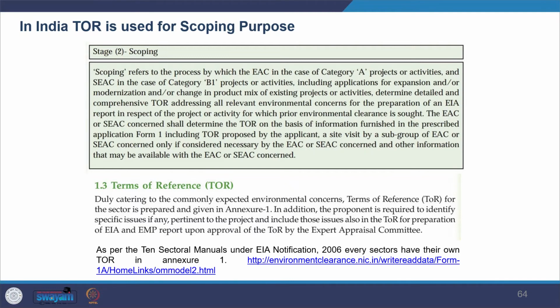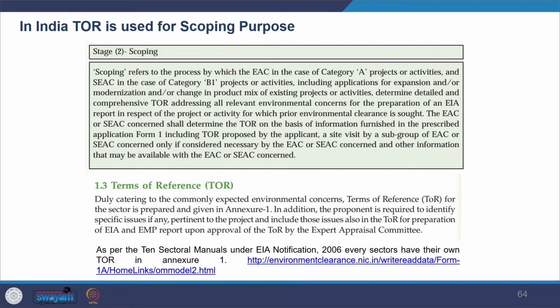And some countries like Canada and Netherlands have a formal scoping stage. So they have it by legislation, in which the developer agrees with the competent authority to conduct the EIA. And we see in India, we have terms of reference, TOR, used for scoping purpose. So either the TOR is provided by the ministry or the usual TORs are also available for reference.